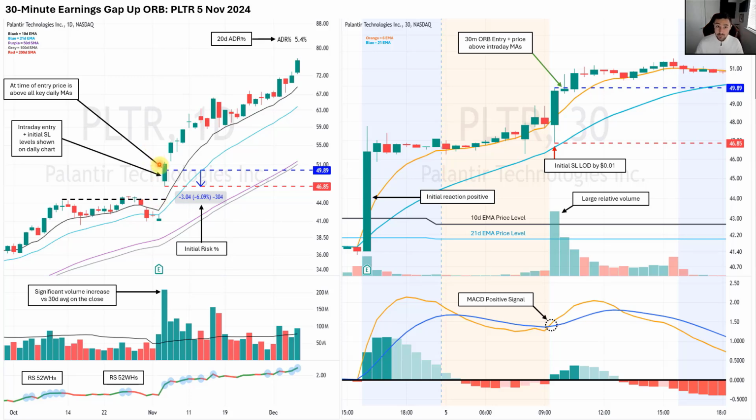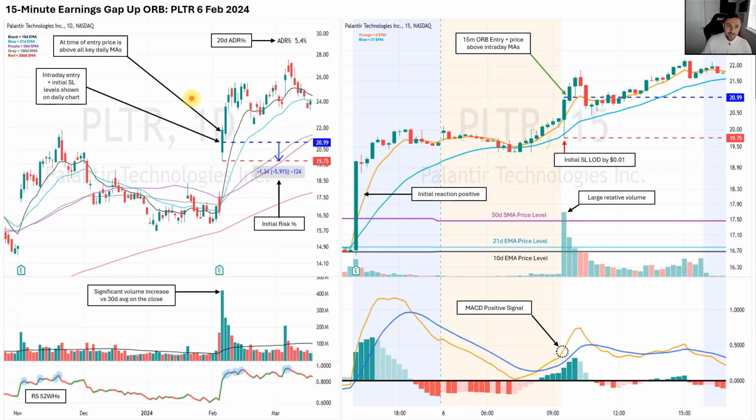Then in terms of the management side, so risk mitigation and optimization of profits, certainly the final part there, optimization of profits, it's the same thing whether I took it on the 5 minute, the 15 minute, or the 30 minute, in the vast majority of cases. Ideally, I want to get position, free roll it, sit, ride the trend along the 10-day, potentially keep some back for the 21-day. If we go on to the next slide,